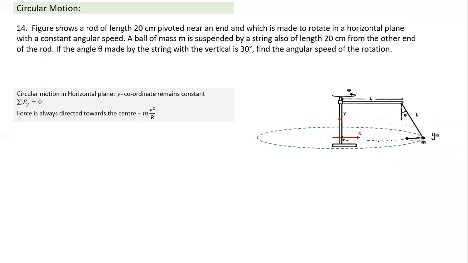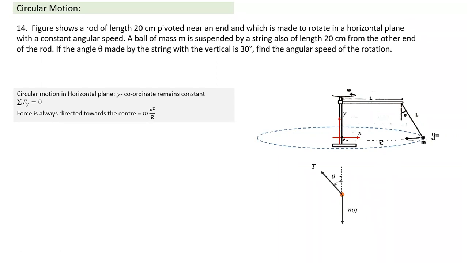When it moves in a circular path, what is the radius it traces out? Not this radius, this is the total length. If this angle is theta, what would the radius be equal to? It will be equal to L plus L sin theta. That becomes the radius. Now apply the laws of motion at this particular instance. What are the forces acting? Two forces: mg is acting and tension is acting.